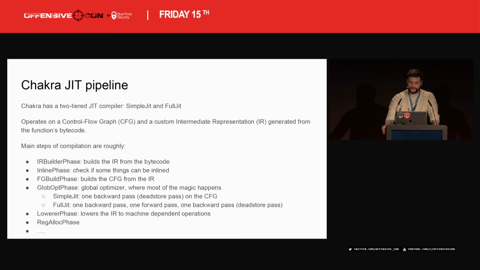Then you have this flow graph build phase, which basically builds the CFG. And then you have this global optimizer phase, shortened as globopt, which is basically where most of the magic happens. And we'll talk about that in detail going forward. And that's it for what is architecture independent. Going forward now, everything is kind of machine dependent. So the lower phase will basically